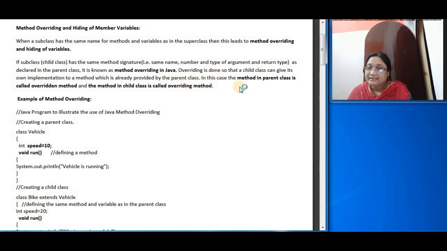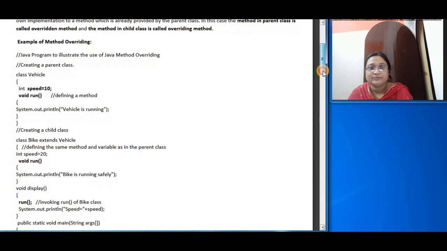The method in the parent class is called the overridden method, and the method in the child class is called the overriding method. When a method in the subclass uses the same name as the method in the base class, the method in the base class gets hidden or overshadowed by the method of the subclass. To explain this, I have taken an example program.